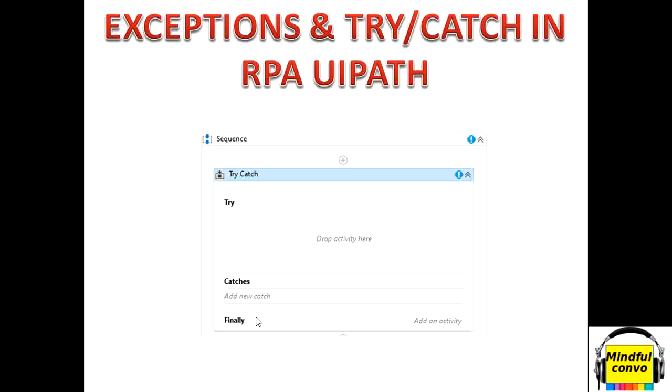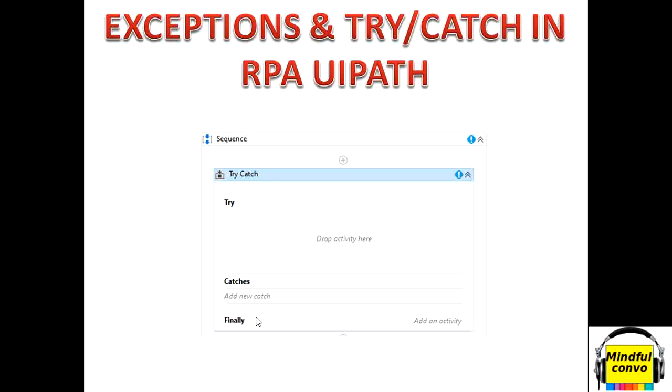The finally block is not mandatory to write every time, but if we write it, then after try and catch, the finally block always executes.